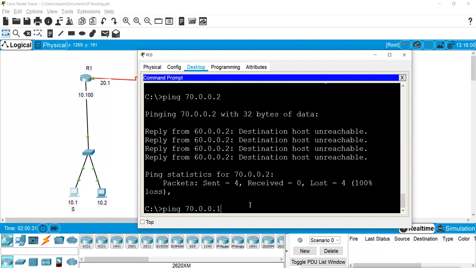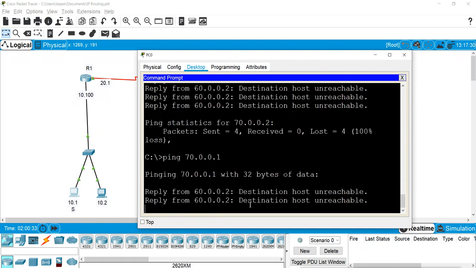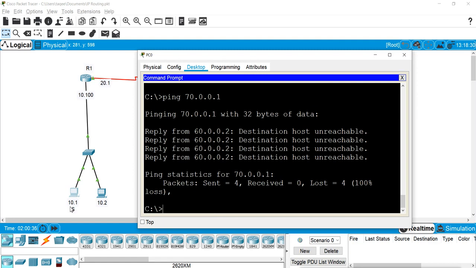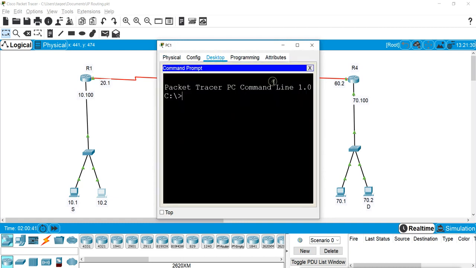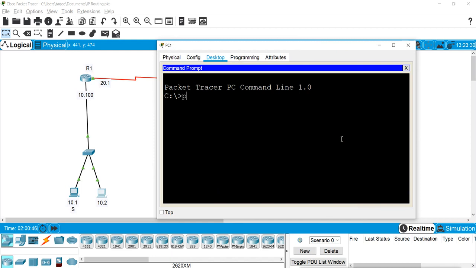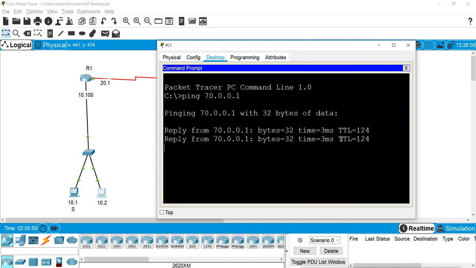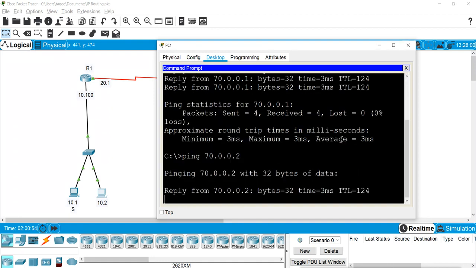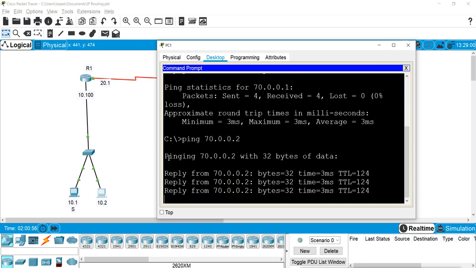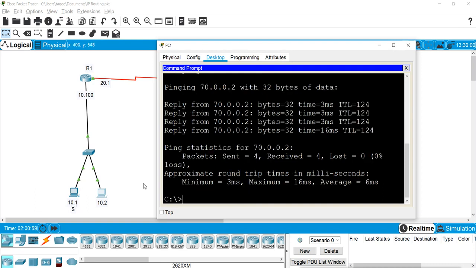The whole network is blocked for this 10.1, but this 10.2 can access both machines, 70.1 and 70.2, because in the list we have mentioned the source address of 10.1 and we allowed all the other IPs of network 10.